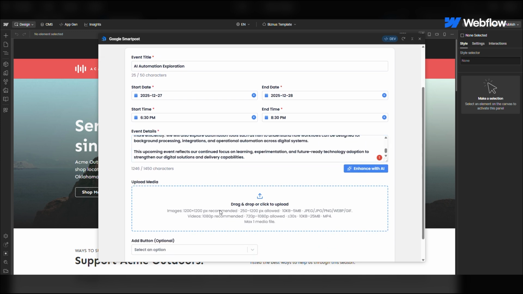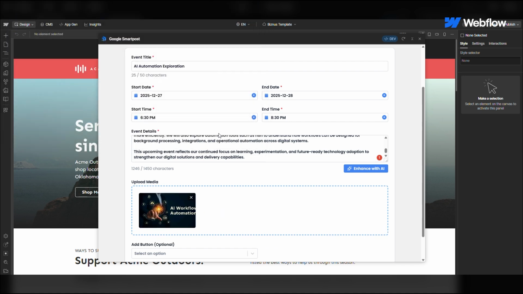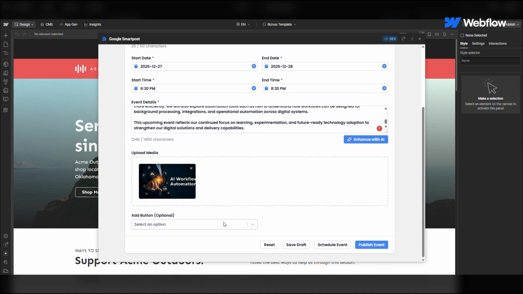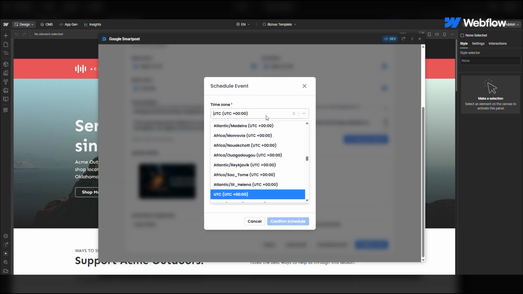Next, upload a single media file, either an image or a video, to visually represent your event. If applicable, add a button text and button link to redirect users for registrations or additional information. Once all details are added, click on the Schedule Event button to open up the Schedule pop-up where you can